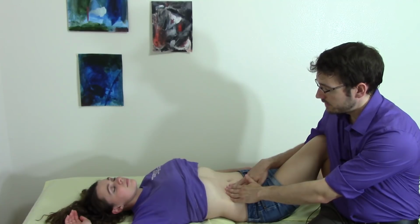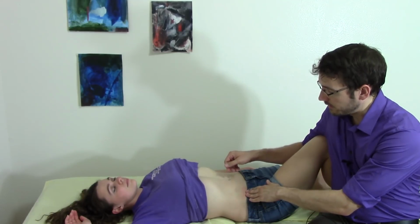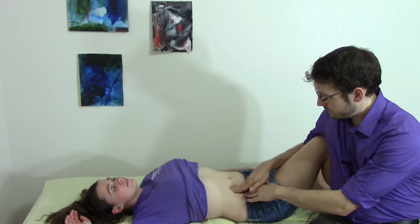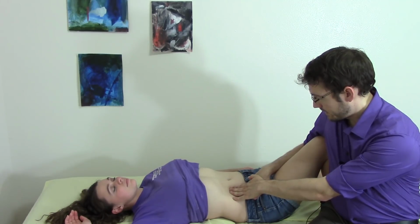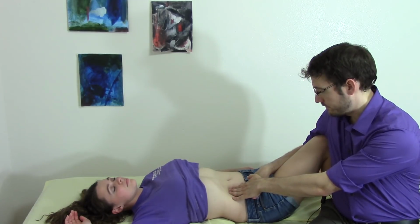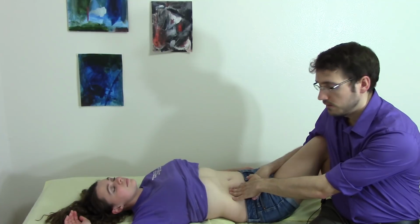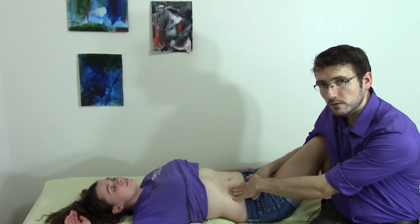If you'd like landmarks for this, a good place to press is between this ASIS and the umbilicus, the belly button, or at the edge of the six-pack right here. So at the edge of rectus abdominis. If you're still having difficulty making any headway into this region, you can apply some compression of the femur up